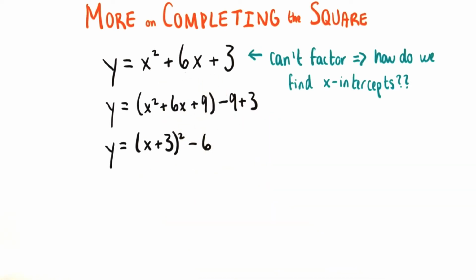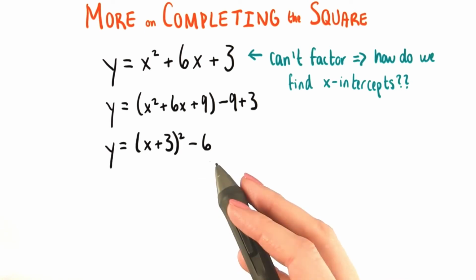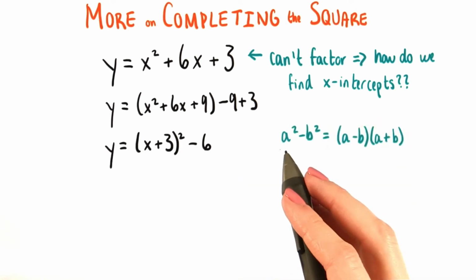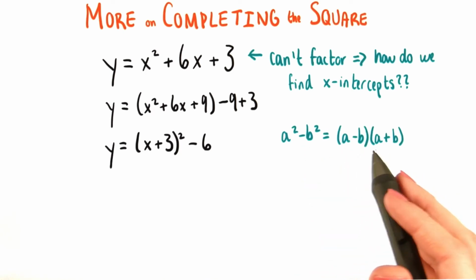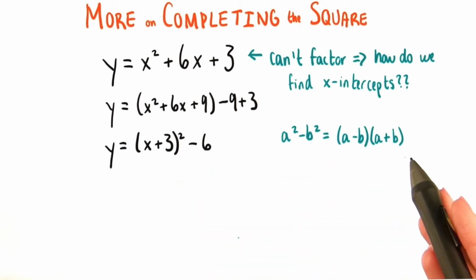spot in our equation rather than in two. We know how to take square roots, so I feel like we're getting pretty close. At this point we need to think about the difference of squares again. Remember that if we have a squared minus b squared, we can factor this as a minus b times a plus b. Here we have one term that's clearly squared, so maybe we can use this technique to help us